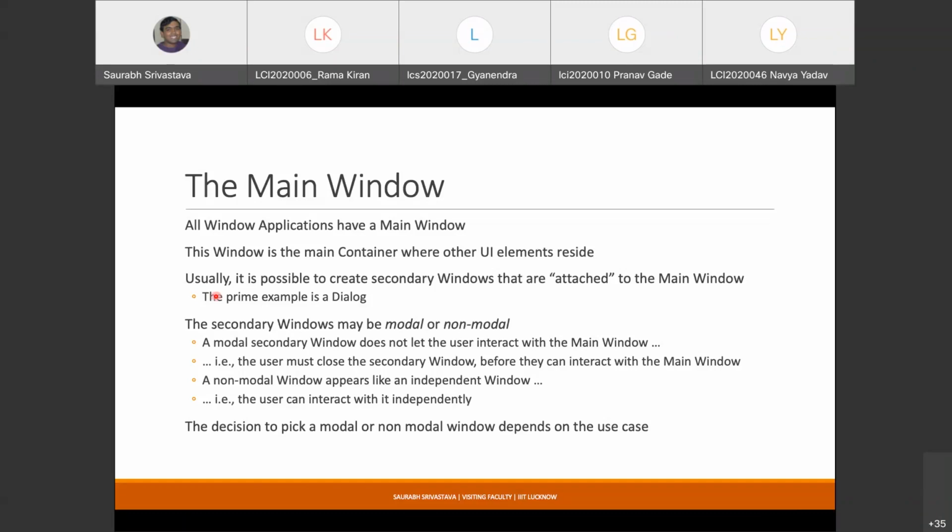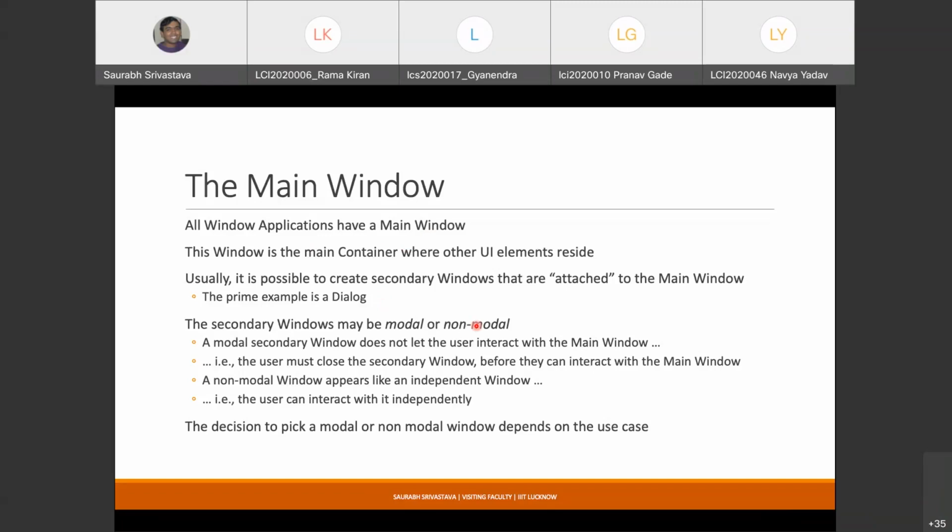Okay, so these window applications actually have something known as a main window. So for all these windowing applications, that is the starting point: you first need to know how to create a main window using this toolkit, and then within this main window you lay down the widgets that you would like to add, right? This so-called main window can then spawn multiple windows. It can have multiple secondary windows.